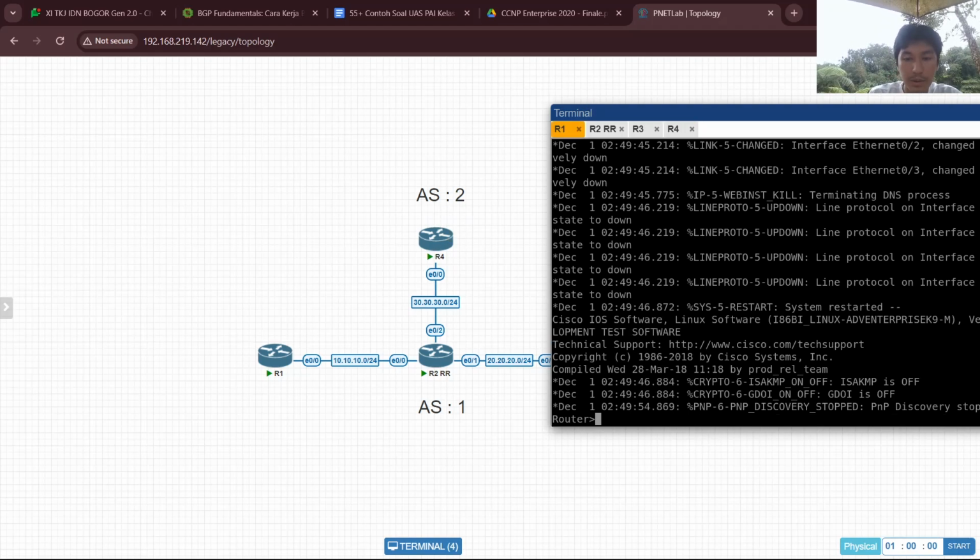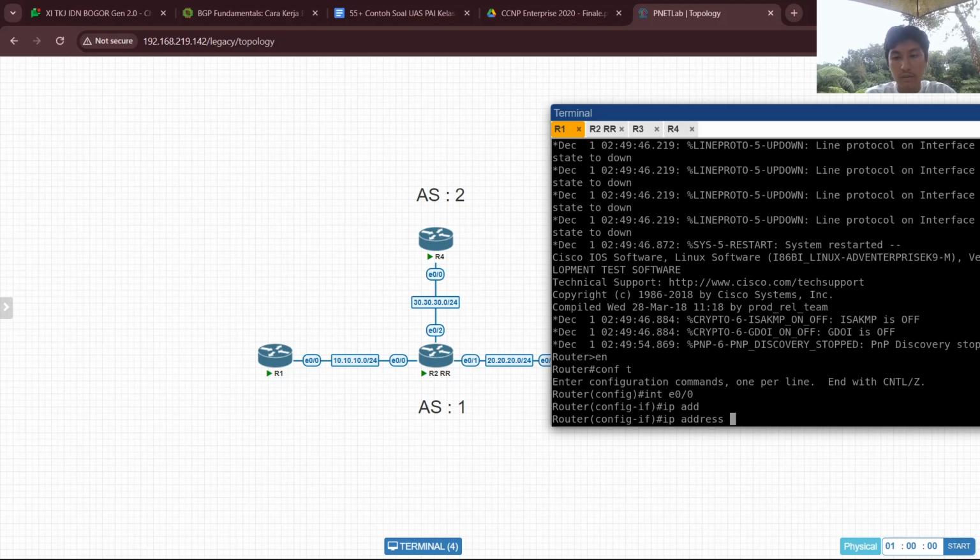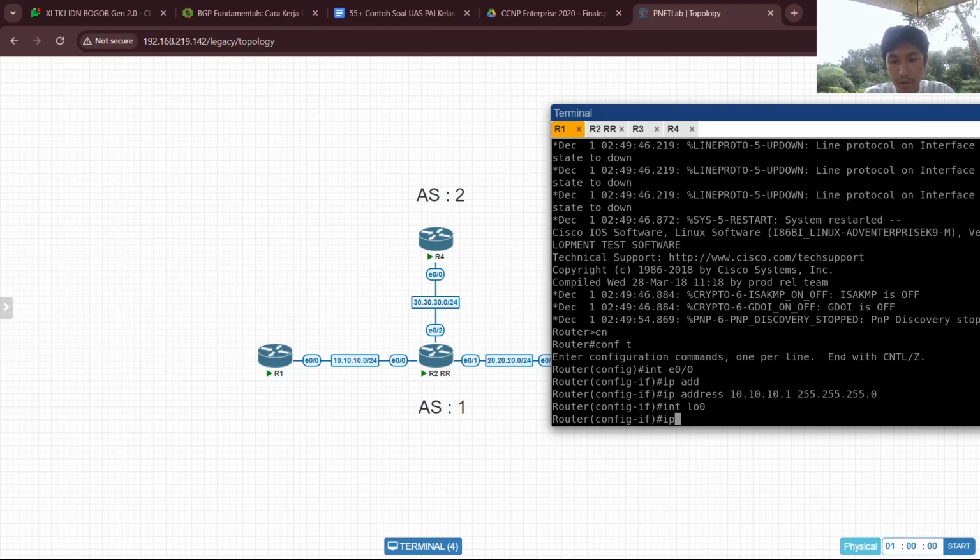First thing first, we will configure the base config, that is the IP address first, with 10.10.1 and then the subnet, and then we make a loopback for this router.